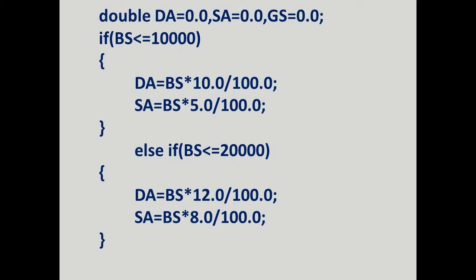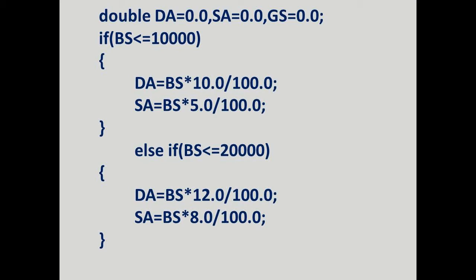All are the same data type, because of that I am using a comma to separate each variable. And to end this statement, we are using a semicolon. If they are different data types, we should use a semicolon to separate these variables. But here it is the same data type, because of that we give a comma to separate.